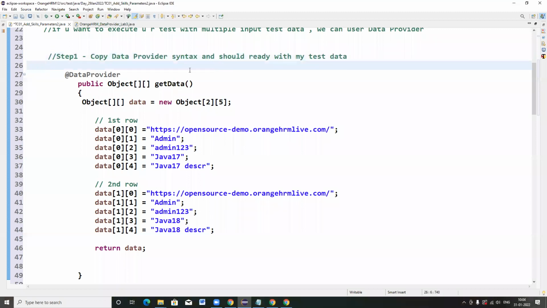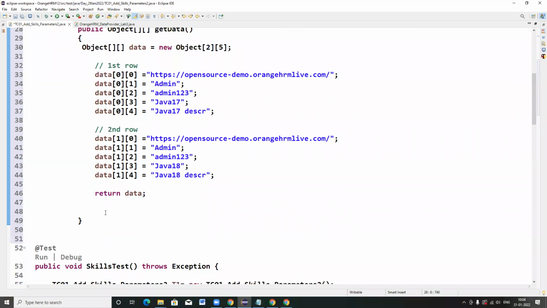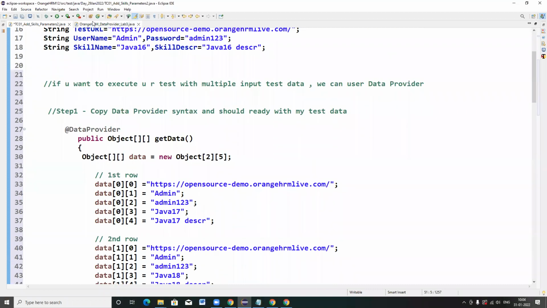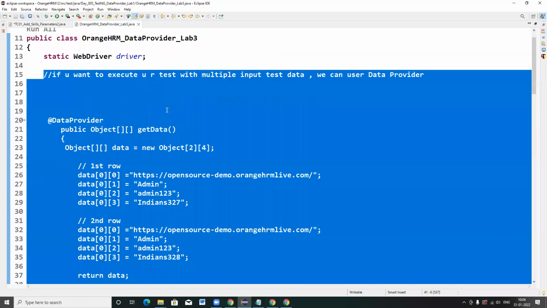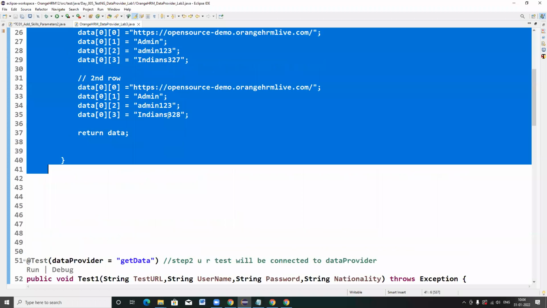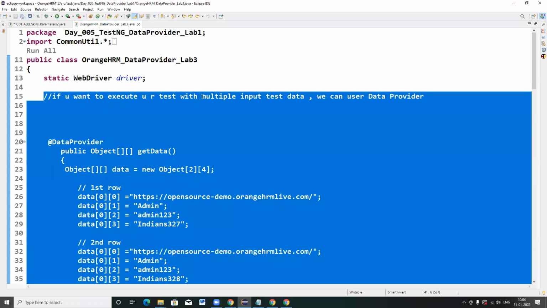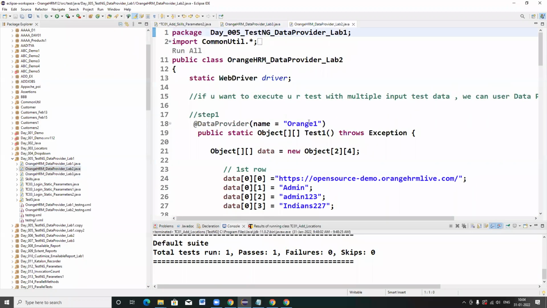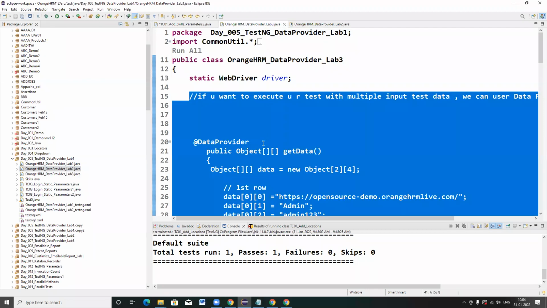And the second step in the data provider is that your test has to connect. In the data provider syntax, something was missed.